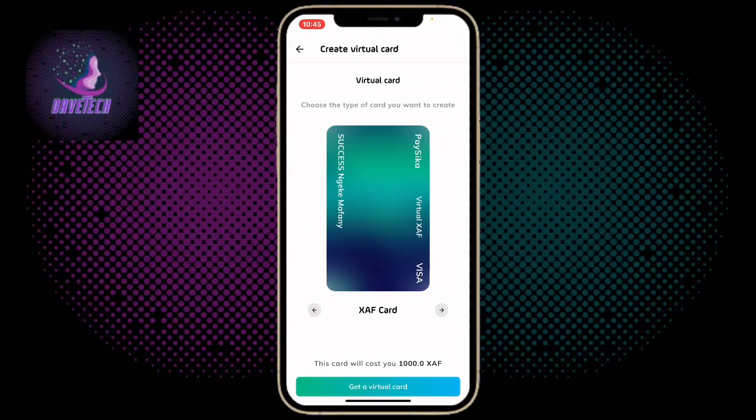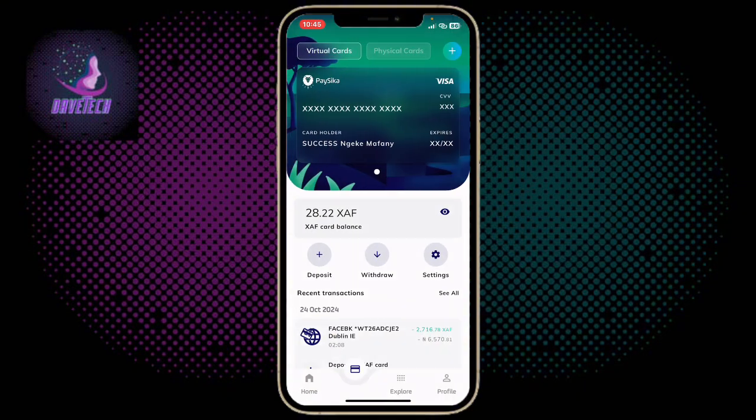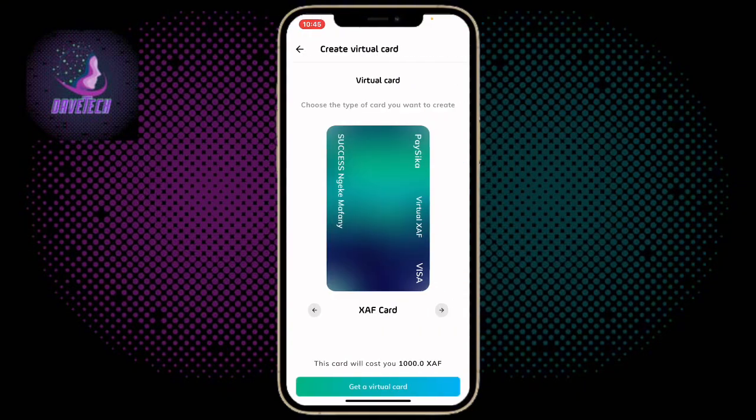Now, on my screen you are seeing that it is going to cost me 1,000 francs. This is because I already created a free card with them. If you just created your account for the first time, your first card is going to be free. But after you've used your first card, if you want to create another card, you have to pay 1,000 to get another card. But since you just created your account, you can go ahead and create a virtual card for free by just clicking on the plus button and they'll ask you to choose your card. And that's how to create a virtual card with Paysika for